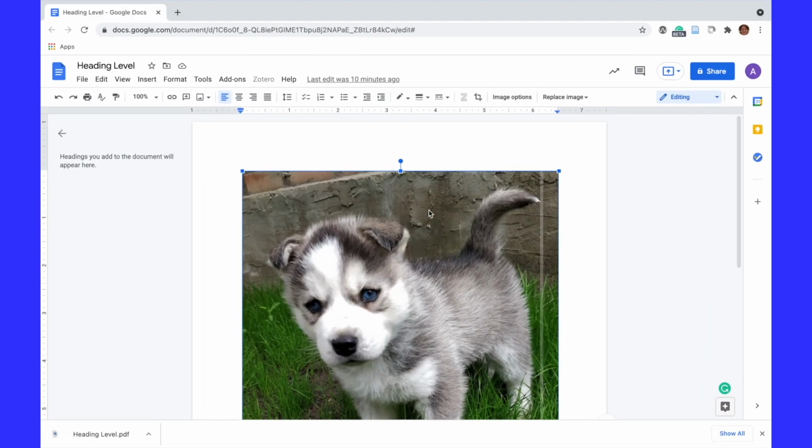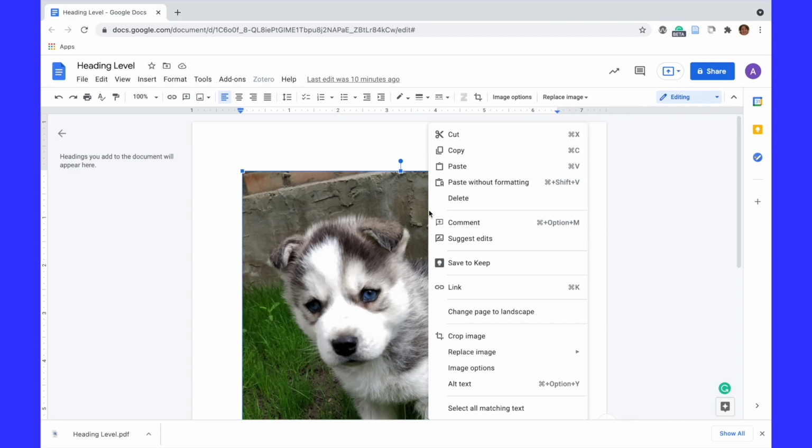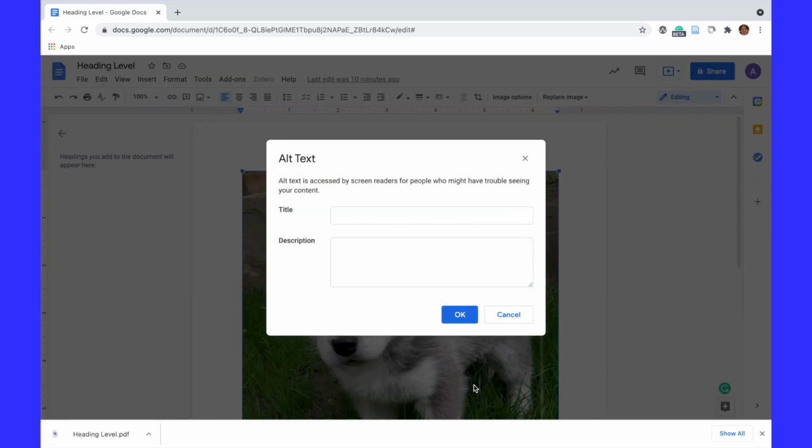In Google Docs, you can see we're over there now with the same image. I can Control click or right click and choose Alt Text. There's a title and descriptor. It doesn't really matter which one. I believe that most screen readers will just read it all out. But I'm just going to put, cute puppy standing on grass.